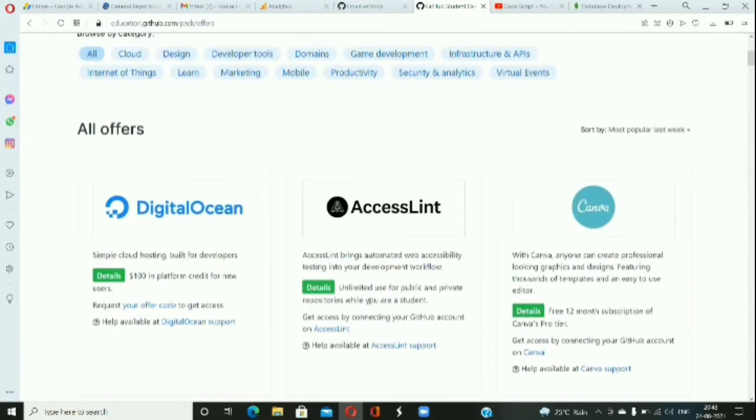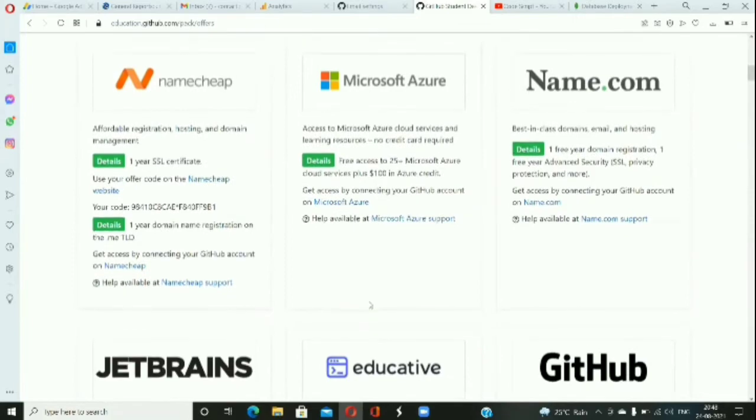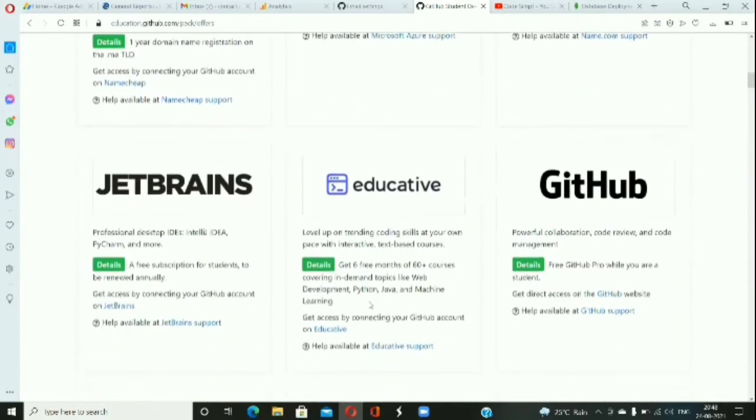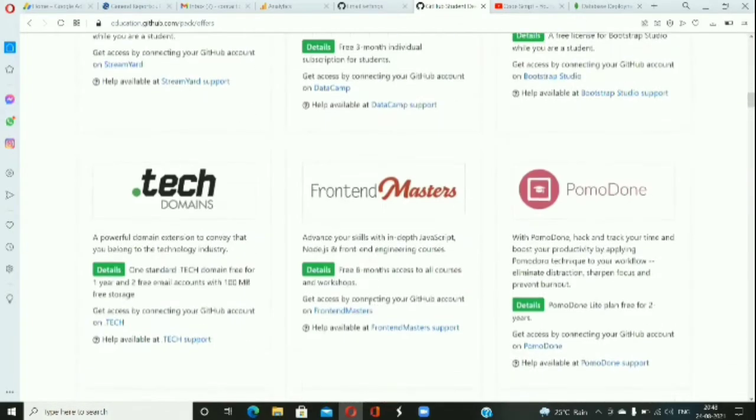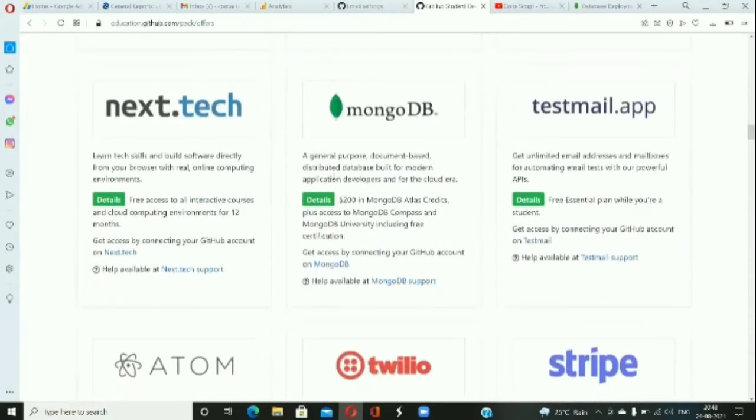So you will get lots of tools and websites, and you have to go to MongoDB Atlas. Then here you can see it provides $200 in MongoDB Atlas credit, plus access to MongoDB Compass, and also MongoDB University, including free certification.